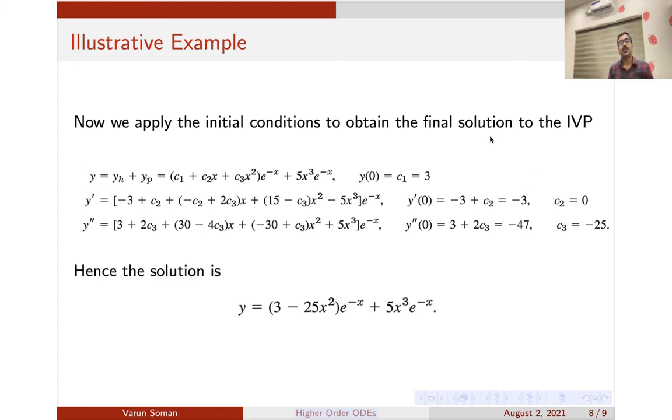As you know, nothing new was taught to you. All these methods you have known. The only difference is you will be getting more roots here. The rest is just the same as second order. So please be clear with second order equations and then try to do all these problems.